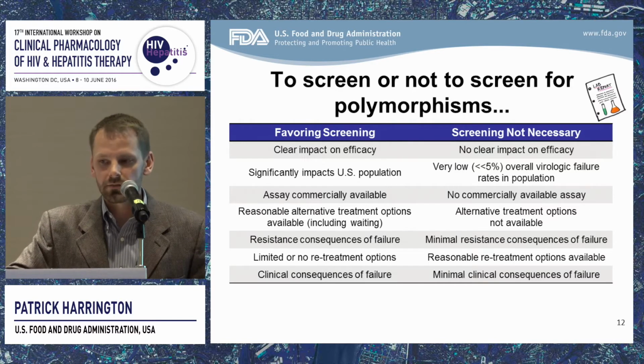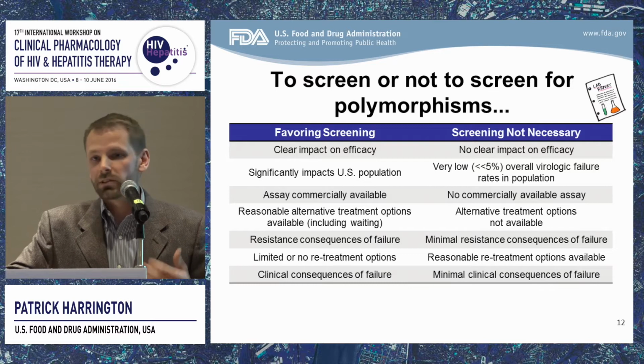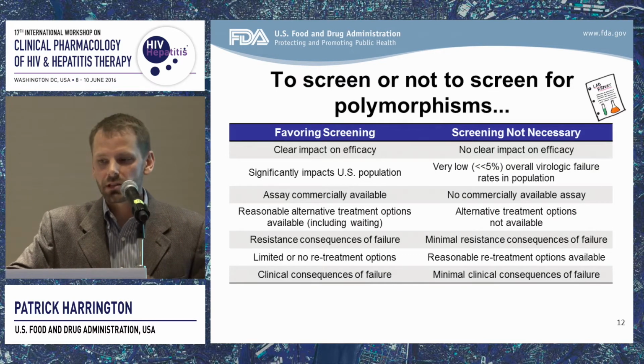clinical consequences of failure. Screening, of course, would not be necessary if there's no clear impact of any particular polymorphisms on treatment efficacy, and similarly, if there's just simply a low overall virologic failure rate in the population. And this would indicate that any polymorphisms that are highly prevalent in the population are really not having a significant impact on efficacy. If there's no commercially available assay, it's going to be difficult to recommend screening for the presence